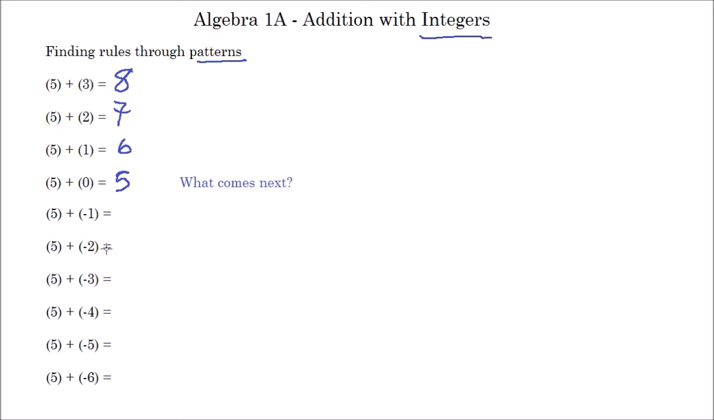Minus 1 or negative 1, negative 2, negative 3, negative 4, negative 5, and negative 6. We could keep going, but we're going to stop there. And then the results. So if we look at 5 plus negative 1, we might initially have no idea how